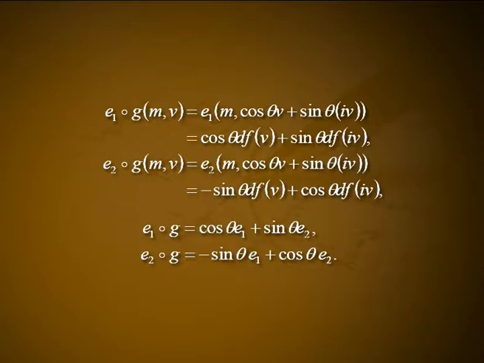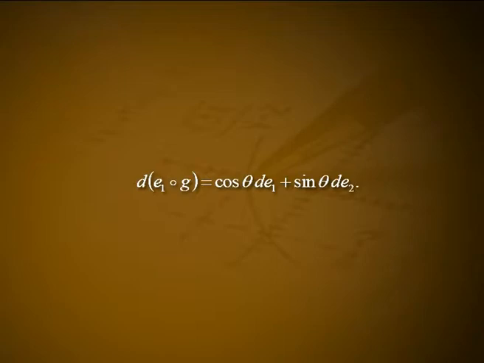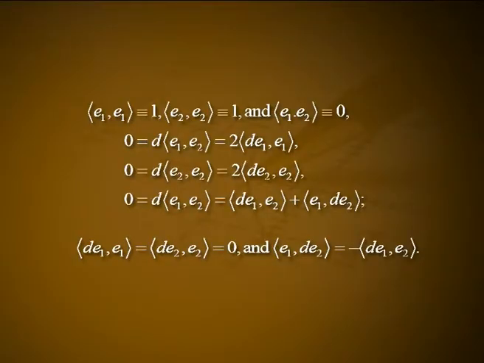So, E1 composite g is equal to cos theta E1 plus sin theta E2, and E2 composite g is equal to minus sin theta E1 plus cos theta E2. Thus, d(E1 composite g) is equal to cos theta dE1 plus sin theta dE2. Now, since the inner product <E1, E1> is identically equal to 1, <E2, E2> is identically equal to 1, and <E1, E2> is identically equal to 0, we have 0 equal to d<E1, E1>, which is equal to 2<dE1, E1>, and 0 equal to d<E2, E2>, which is equal to 2<dE2, E2>, and 0 is equal to d<E1, E2>, which is equal to <dE1, E2> plus <E1, dE2>, so that <dE1, E1> is equal to <dE2, E2> is equal to 0, and